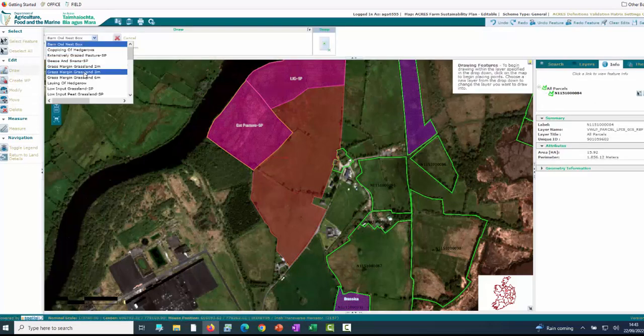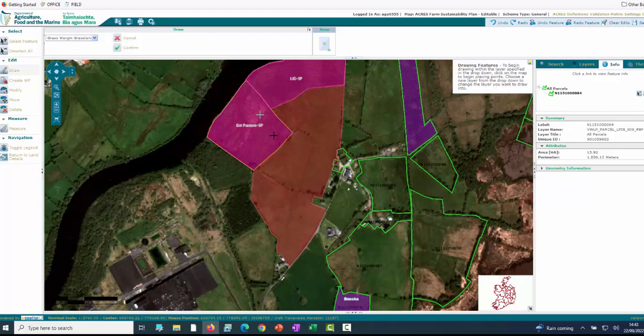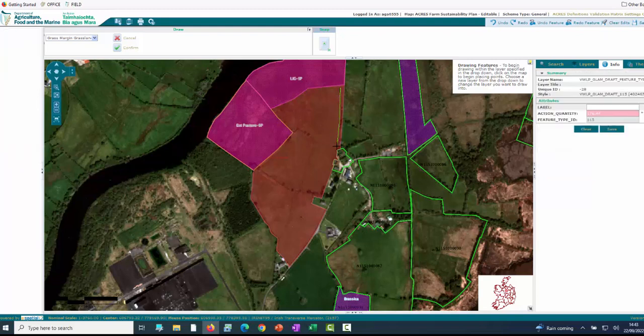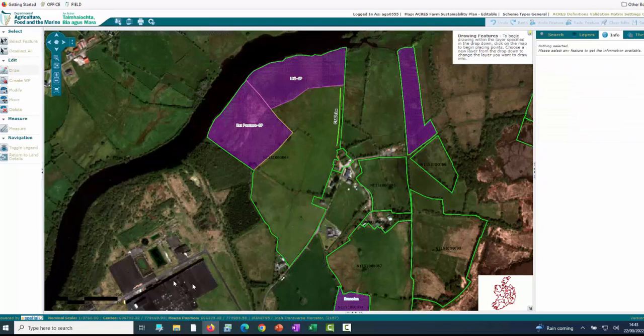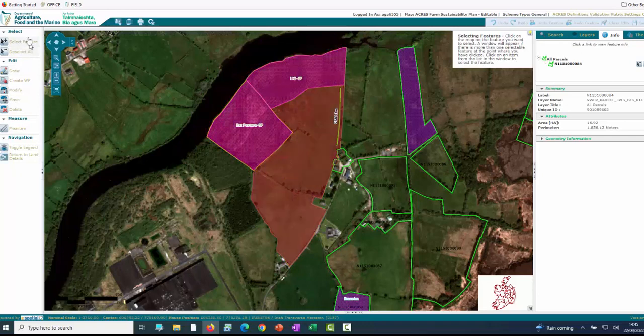Say if we're selecting grass margin grassland 3 meters, and again put this down here and hit save, and that will save the length for that action. Again, if we select this parcel and